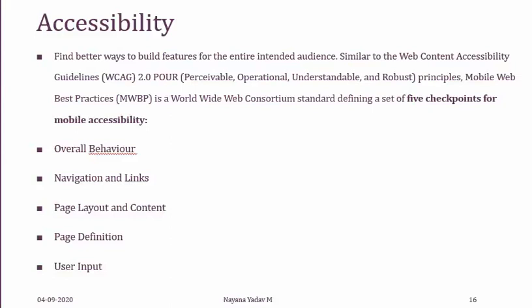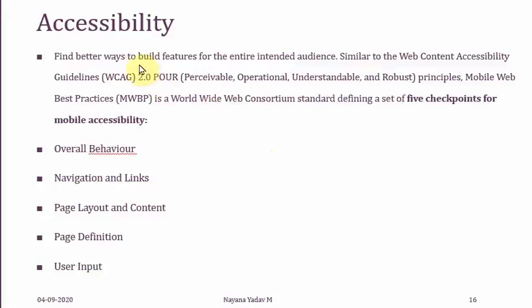So what you can say in accessibility, your application should be accessible to all. As we said in the previous slide, a kid should be able to use it, as well as the elderly person. If your application is such a way, then you can say that your application is accessible. The range of usage should be from the youngest one to the eldest one. If all are able to use it without much difficulty, then you can say that your application is accessible.